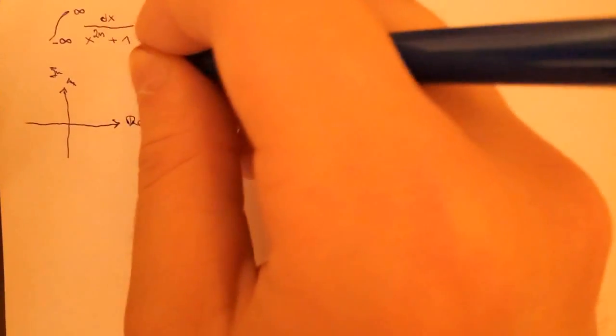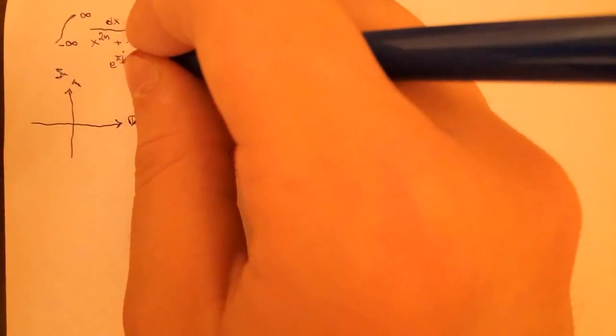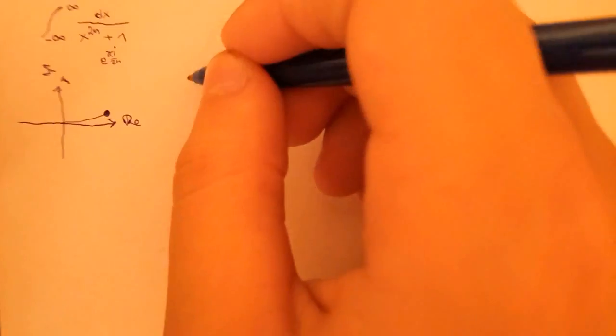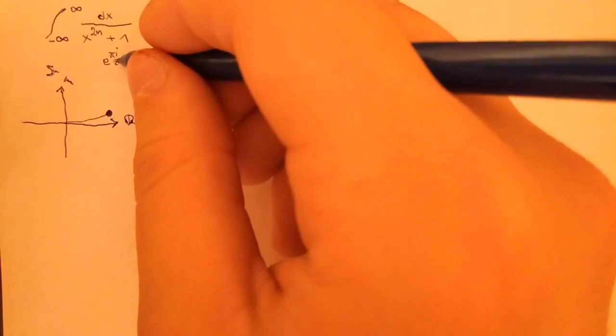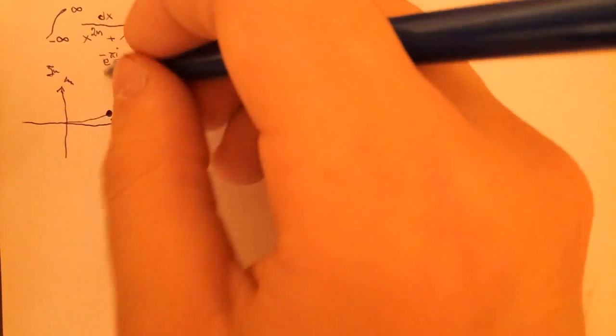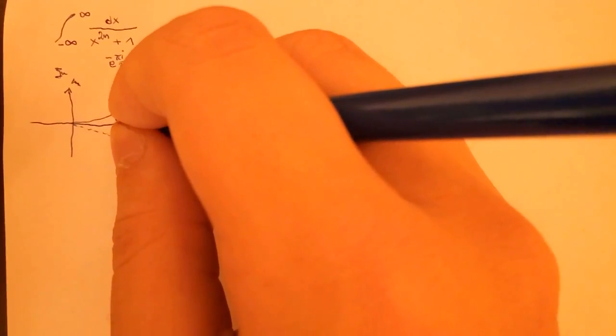This is -1, which is e to the power of pi i divided by 2n. This is the first root, which lies on the unit circle over there, and if I put a minus sign here, it doesn't matter. There is another solution which is